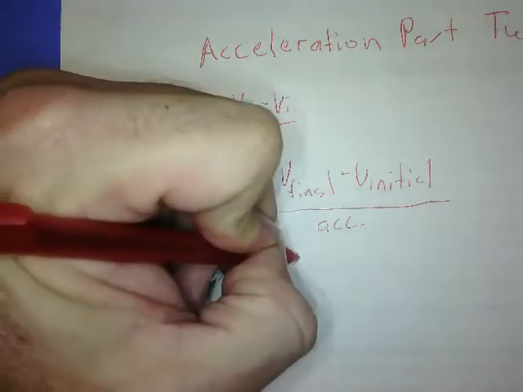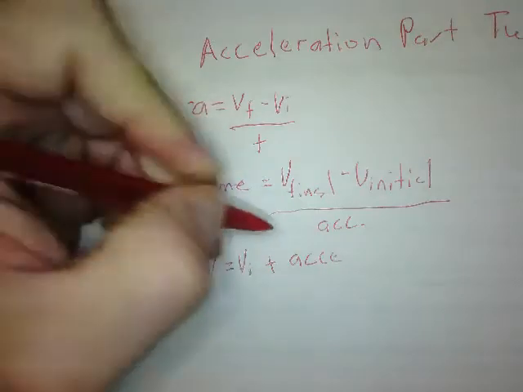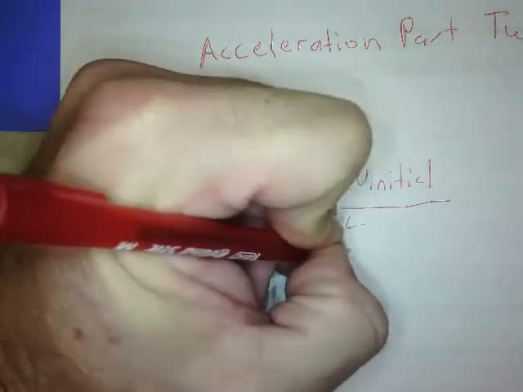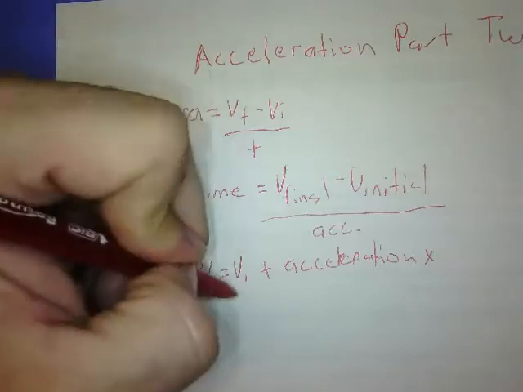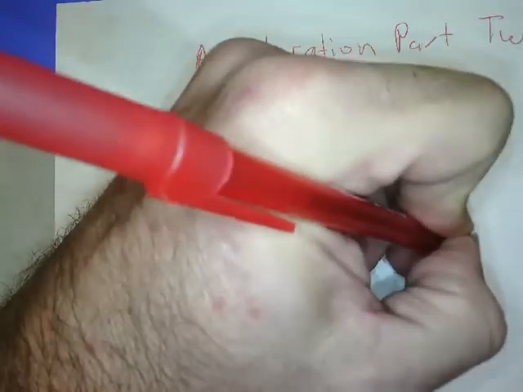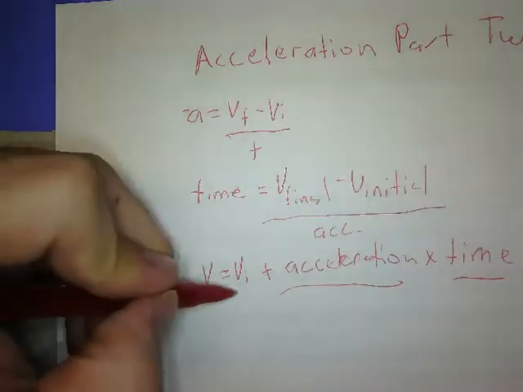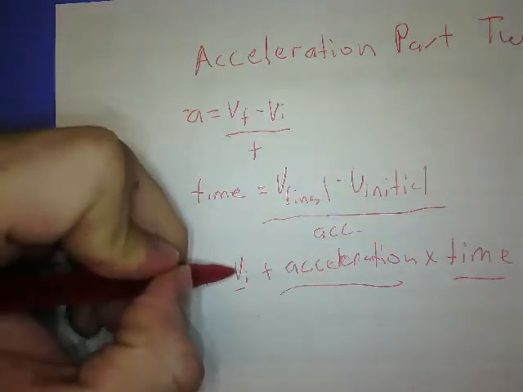Time is actually equal to final velocity minus initial velocity, divided by acceleration. So that's for time. Now if we arrange this again, we can also figure out straight up velocity,